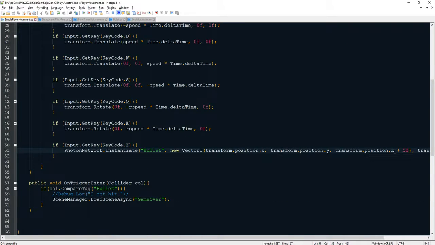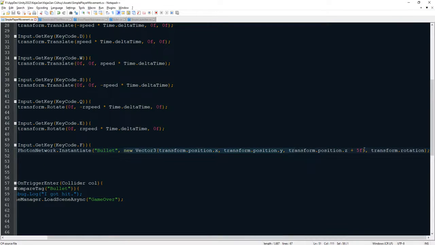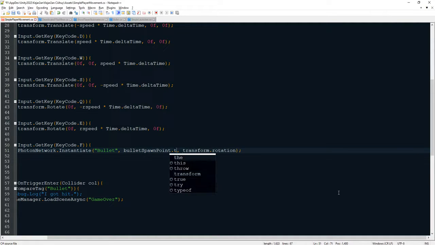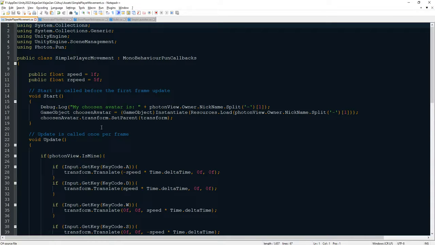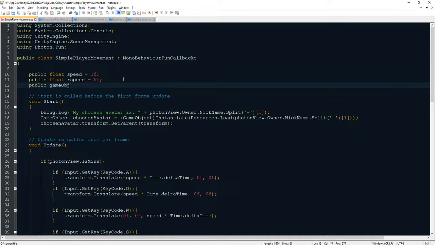Guys, to fix the bullet instantiation problem, I'm going to change it. This one. I will try to use bullet spawn point transform.position, and also the rotation, and this bullet spawn point is here. I'm going to add public GameObject